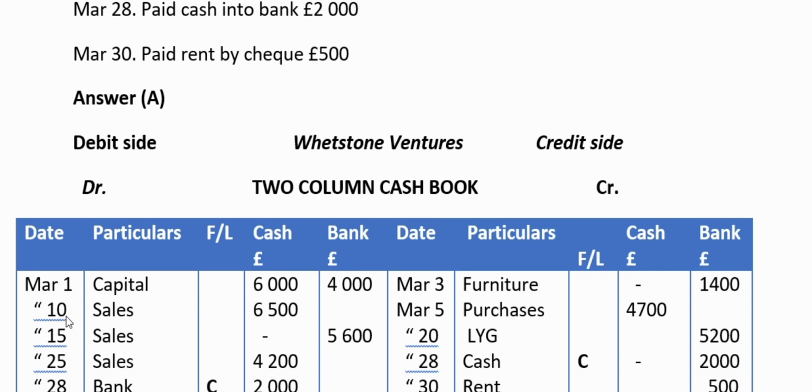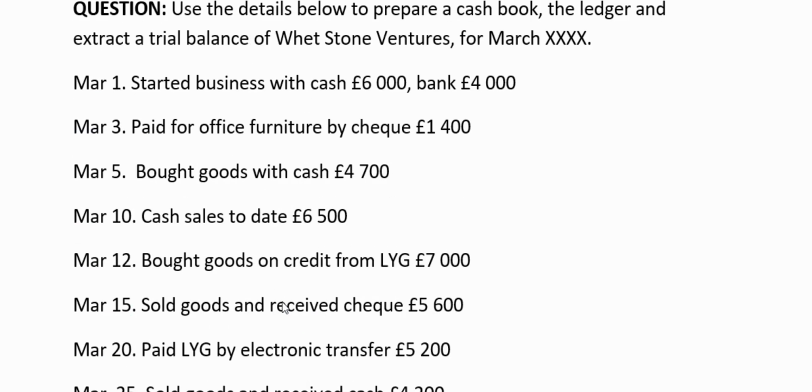So we have March 10 on the debit side. The left hand side is the debit side. Sales 6,500 because it was cash sales, so it's recorded in the cash column. Next date